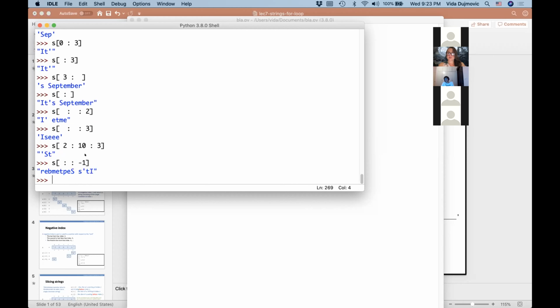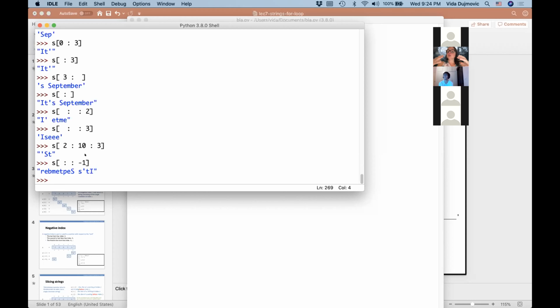So these things are super useful. But one of the most useful things, used in efficient algorithms such as quicksort and merge sort and so on, is the ability to ask for the first half of a string.